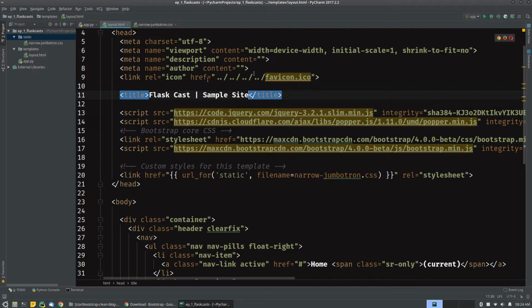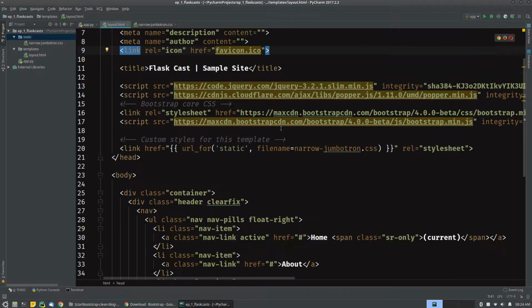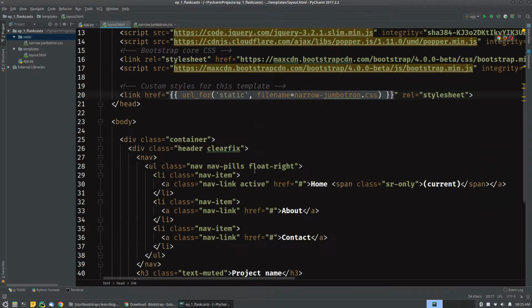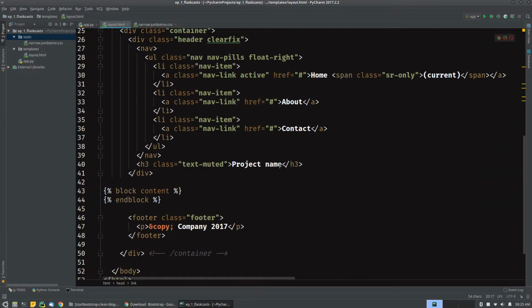And then here's another thing. You can see where they're backing out of these directories, and we don't even have one of these on here. If we did, we would probably put it in our static folder. So we'll just do this for now. We may go back in and get an icon. When we do that, we would do it the same way we did here. We would just copy this information, put it right here, and the filename would be the .ico file that's in the static folder. Now this should be working fairly well, and we're going to change this to something else. We'll call it Flask